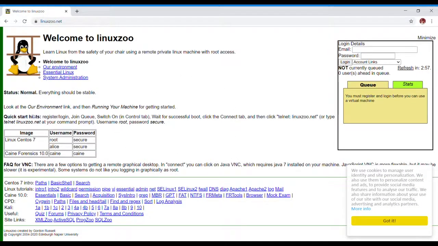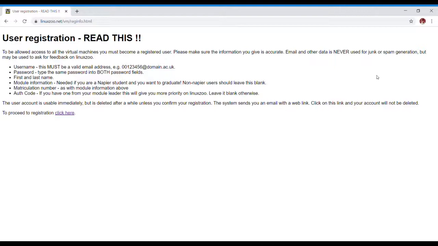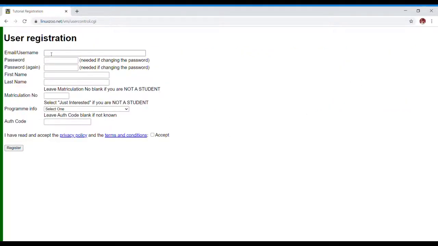So go here for account and click on this, and click for register. Once you click on that, you go over here and give your name, like I'm giving my name, then the email address and the password,